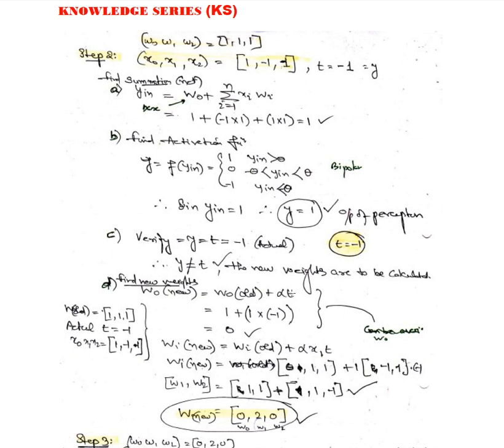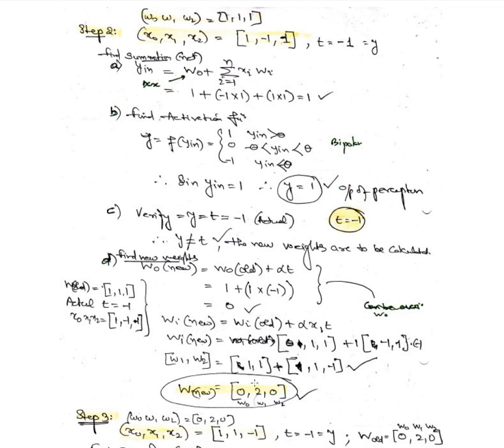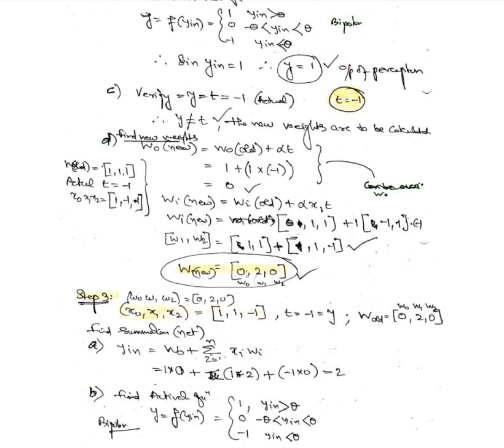And alpha x1 t. X1 is what? X0, x1, x2 is 1, -1, -1. So we have put it here and we got the value as 2, 0. So W new is equal to W0 that is 0, and here 2, 0, because 1 plus 1 is 2 and 1 and -1 is 0. So this is the new value. Once we get this new value, again the decision line is going to shift. Now we go to the third stage.